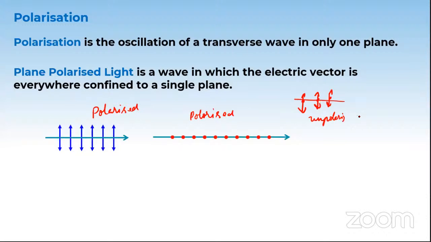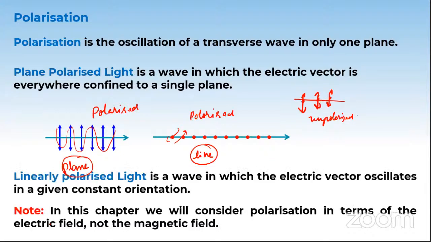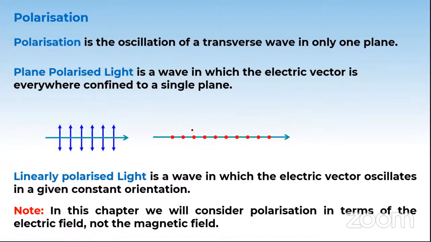Cool, right? And we have different names also. This kind of polarization is called plane polarization, and this kind of polarization is called line polarization. But they're just fancy names given for our better understanding, and both of them are fine. If you can see the plane of the wave, then you can call this a plane polarized wave. If you can only see the line of the polarized wave, we can call it a line polarized wave. Am I clear, guys? I hope I'm clear. So these are the definitions. It's not necessary that you have to remember the definition or memorize it. If you understand the definition in your own way, you can write it without any problem.